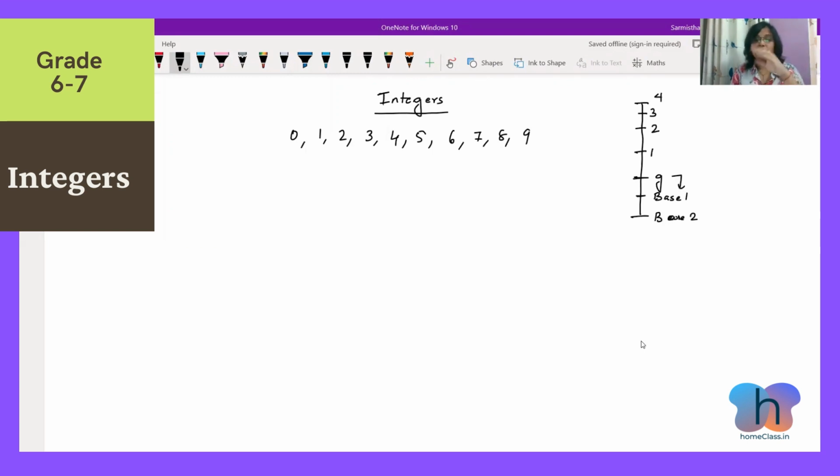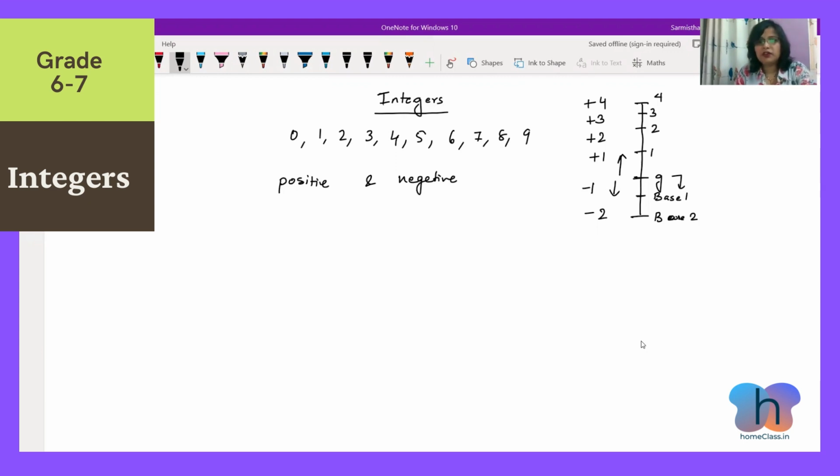2. So whenever the lift is going up, it shows +1, +2, +3, +4 like this. And whenever it is coming down, when it reaches the ground and then goes down to the basement, you will see it showing -1, -2 like this. So that means integers are both positive as well as negative numbers.